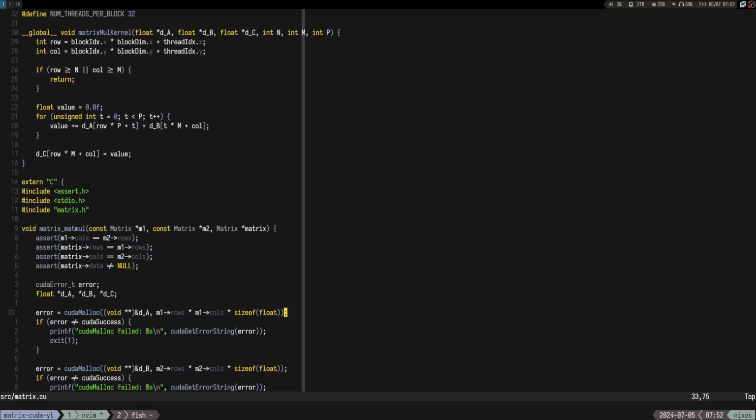I mean, this should be fine. Getting the row and the column. This first indexing should also be fine because it's like which row we are on multiplied with p and then plus t to move the column, right? That makes sense. And then for this one,